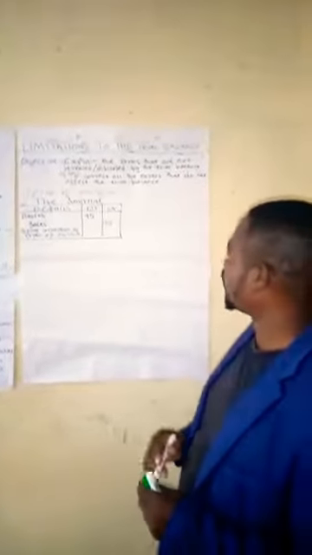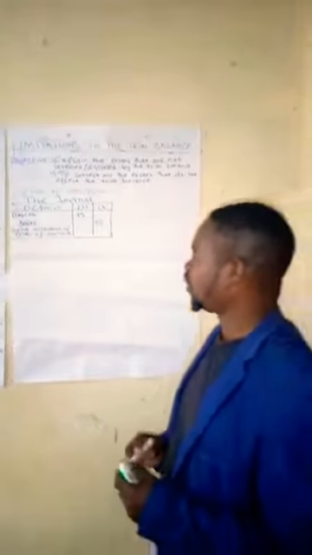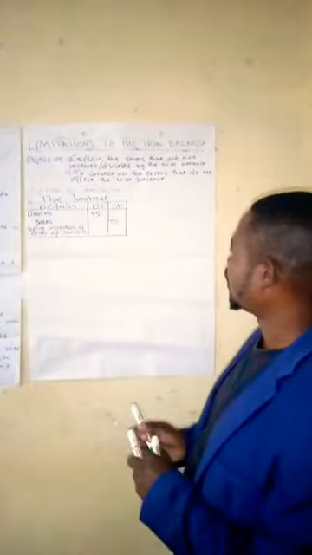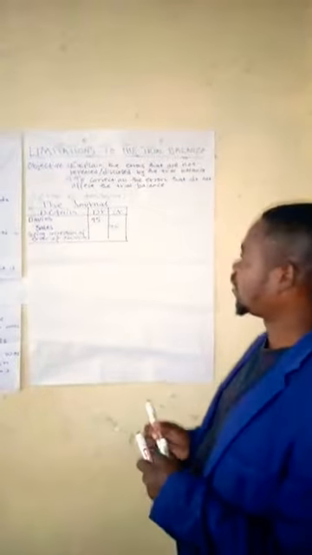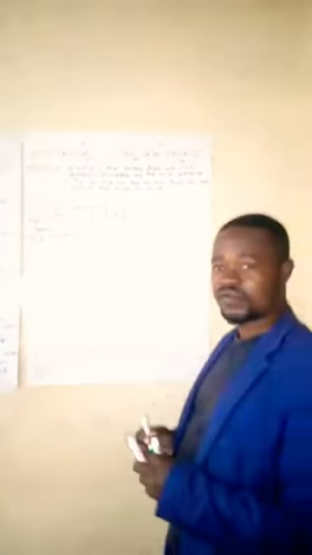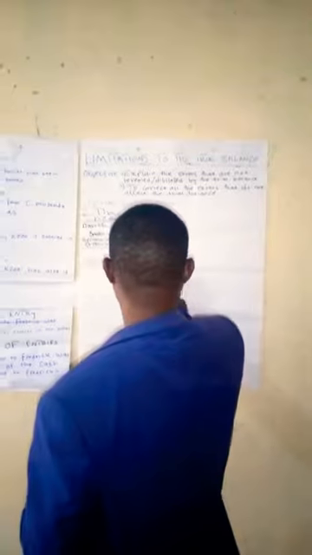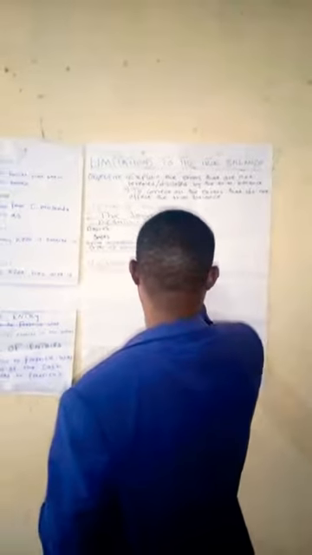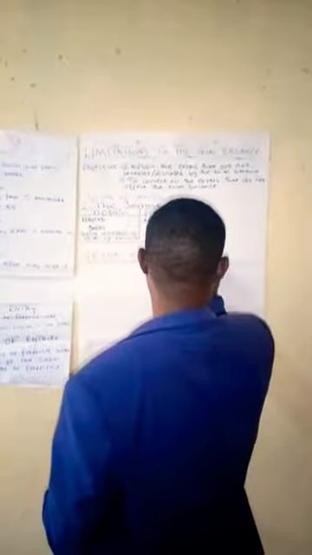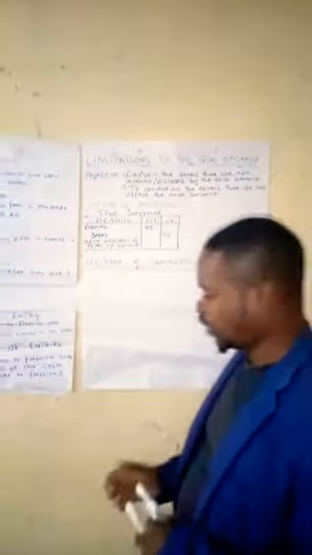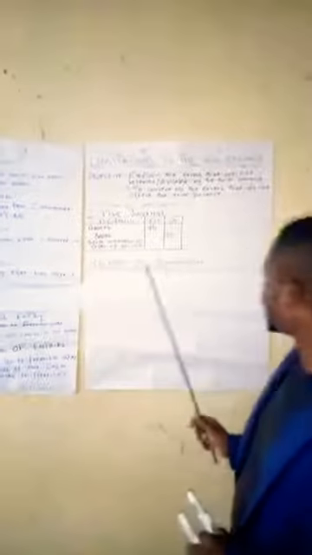That's error of omission. Then the second error that does not affect the trial balance is the error of commission. Error of commission. With the error of commission, what happens is that